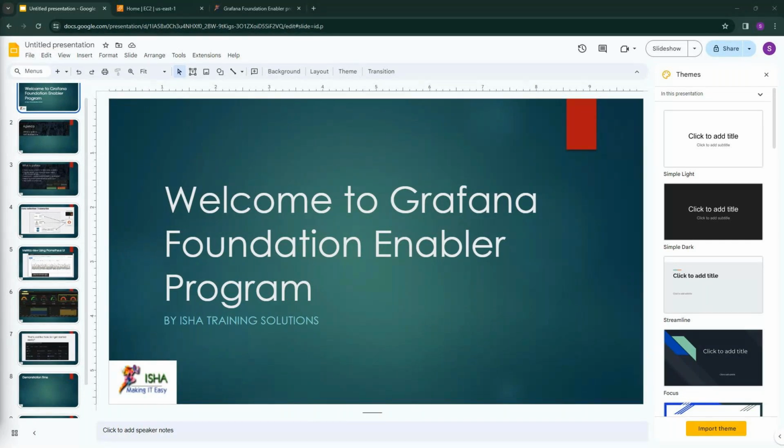So first of all, today we're gonna get started with understanding Grafana, and then we'll move with creating AWS based instances to do a Dockerized Grafana installation. Okay,